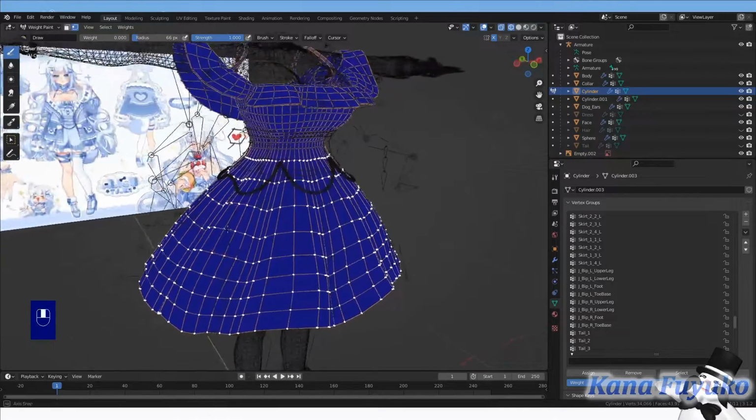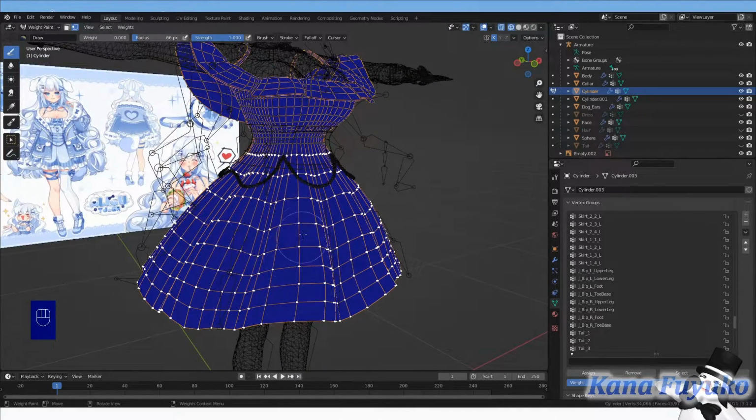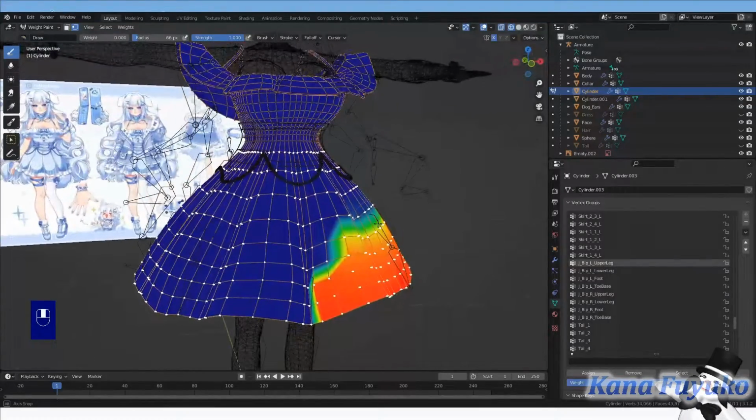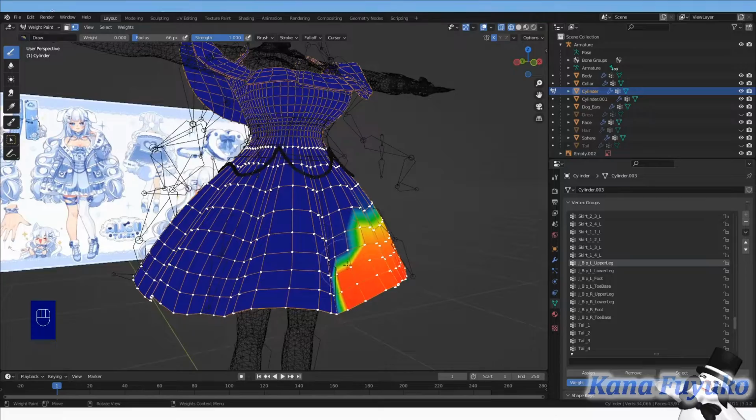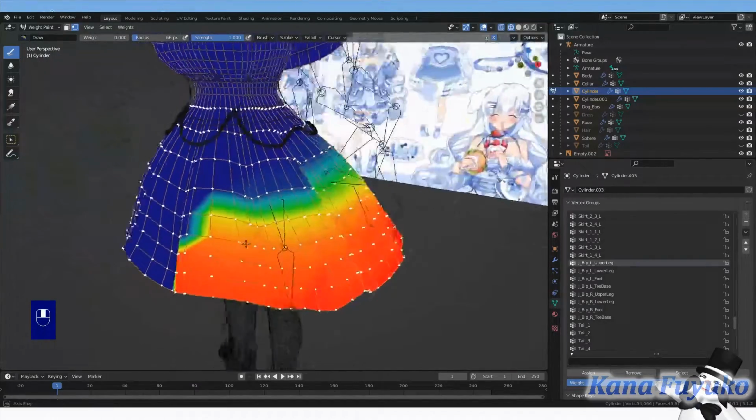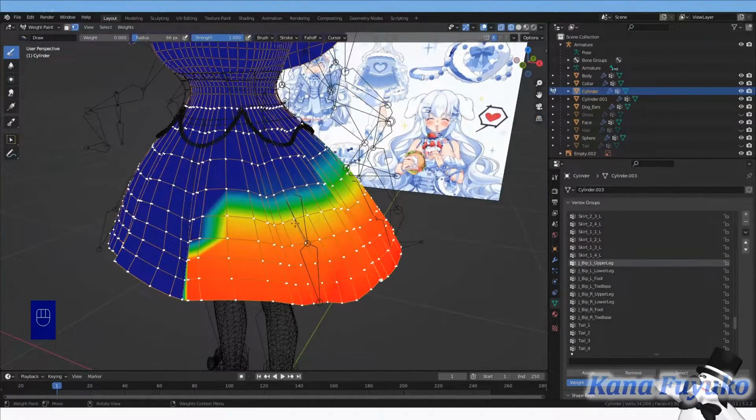We're going to use this so that we can select the specific part we want to remove the weight paint from, because if we were to start doing the skirt rig already, it will have issues with stretching, since it's overlapping in the weight paint.